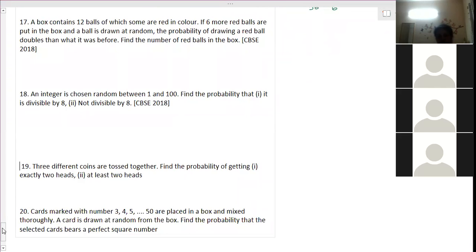And at least 2 heads. So what do you mean by at least? Anything except 3 heads. At least 2 means equal to 2 and greater than 2. Least is the 2 value, so equal and above 2. At most means that is a maximum value, so lesser than or equal to 2 in that case.